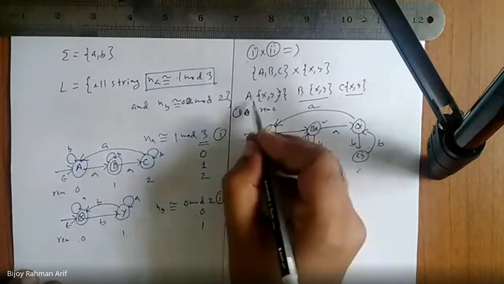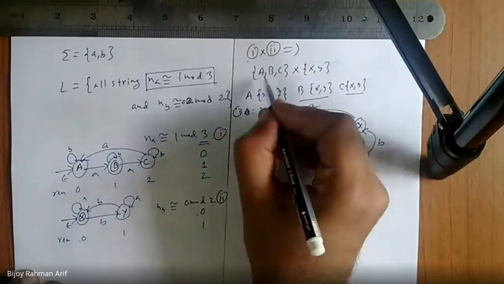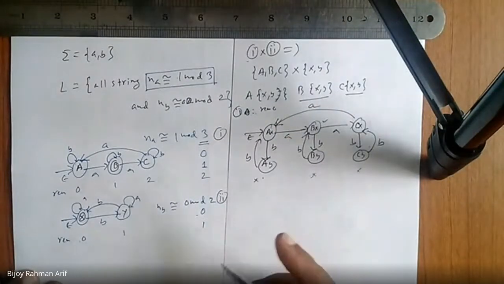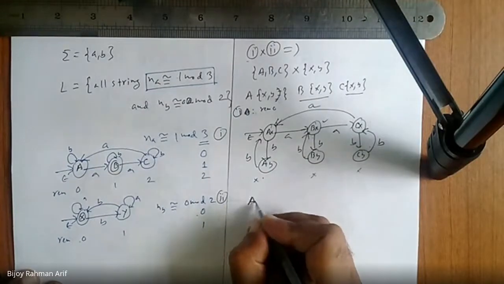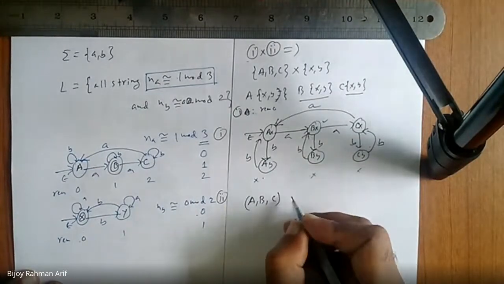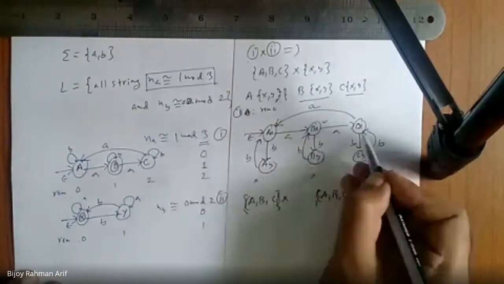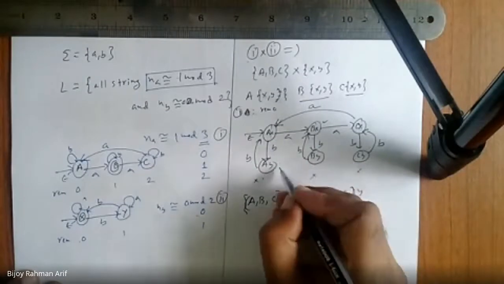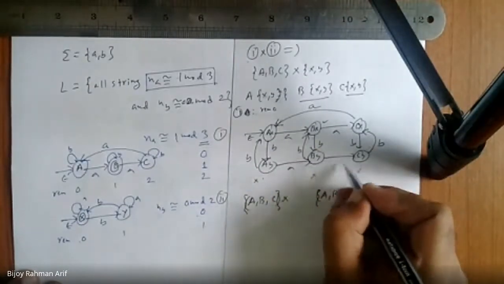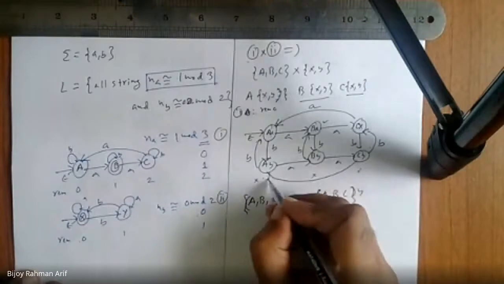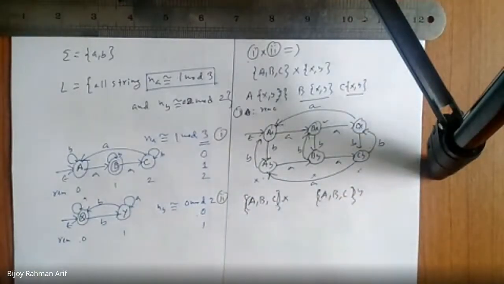Now, if you consider this problem the other way, then what would be the case? ABC has a move on X and ABC has a move on Y, so this one is done. X has a move on ABC, but Y does not have, so we have to complete this. The same way, we are done. Now what would be the final state?